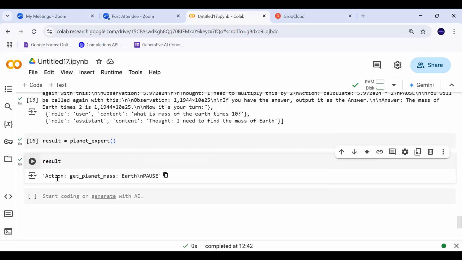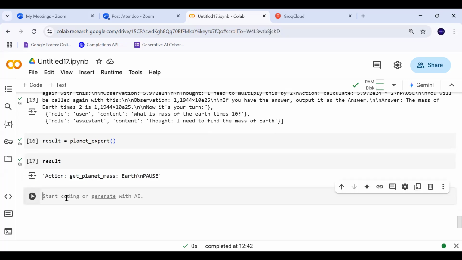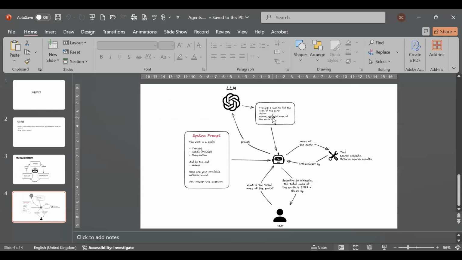Earlier, there was a thought process. When I send all those 3 messages to the LLM again, it has now generated the action that I need to call get planet mass and pause. Is it fine? This pause I will explain to you in some time. So far okay? Now the LLM has generated this action: this is my thought process and this is the action I need to take.